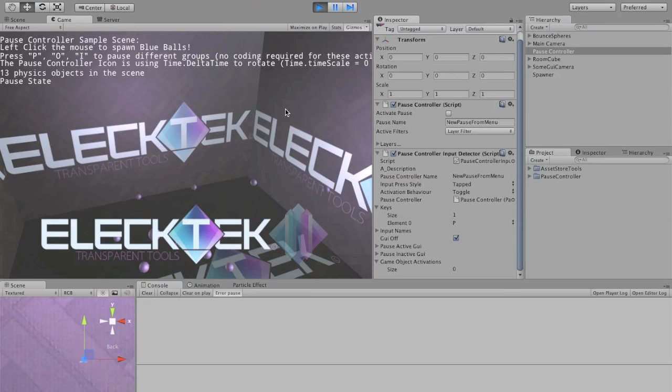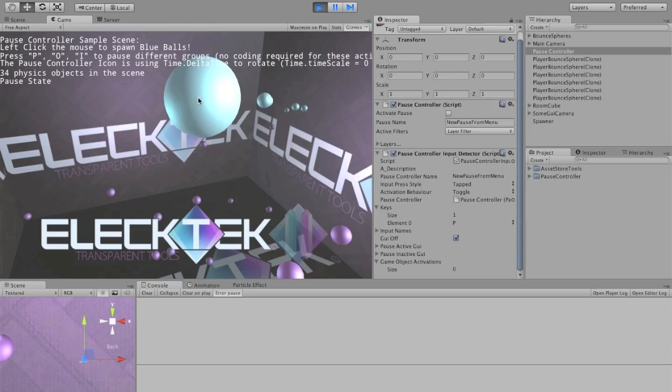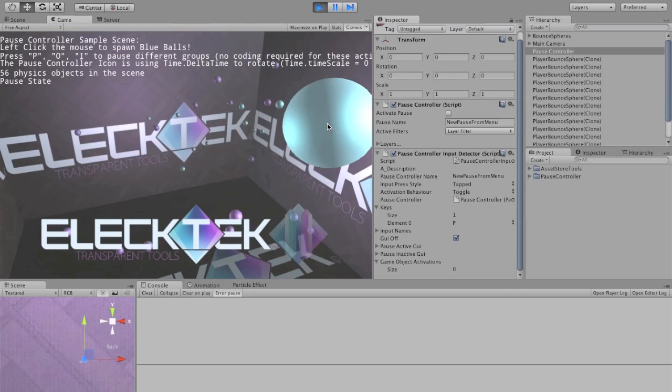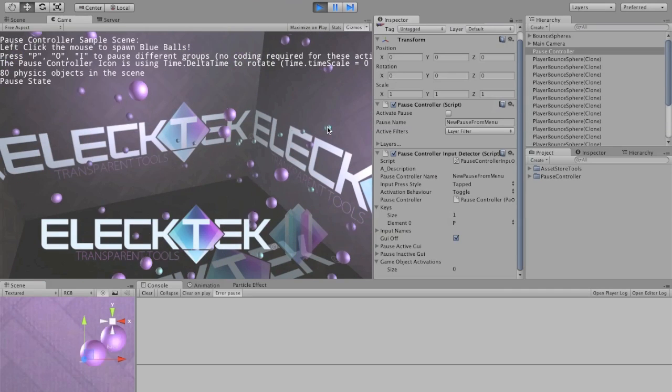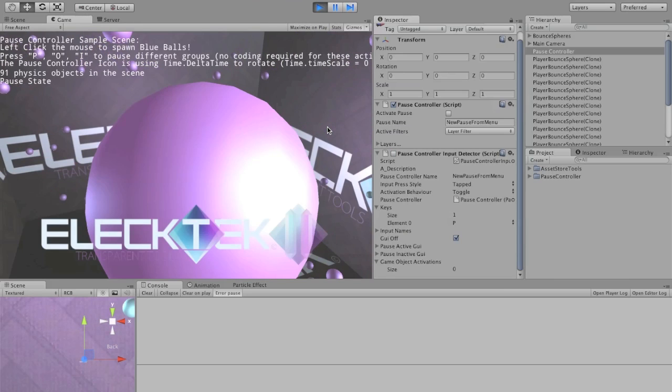And you see the balls are spawning, and I can throw some balls out in the scene. This is a really good time, and I want to pause my game. Great, and now I hit P again, and you realize the game isn't unpausing. Well, this is okay, this is intended behavior. There's one more step you gotta do. So go ahead and stop your simulation,